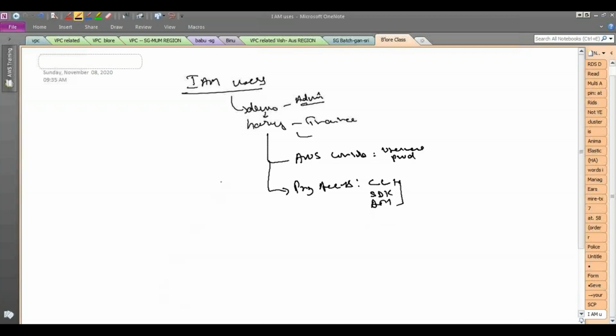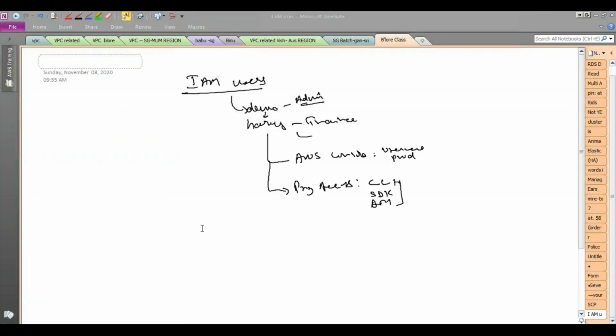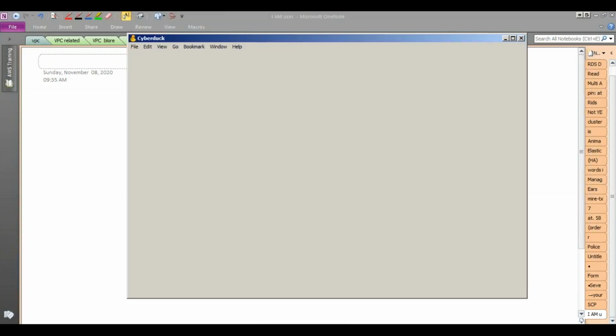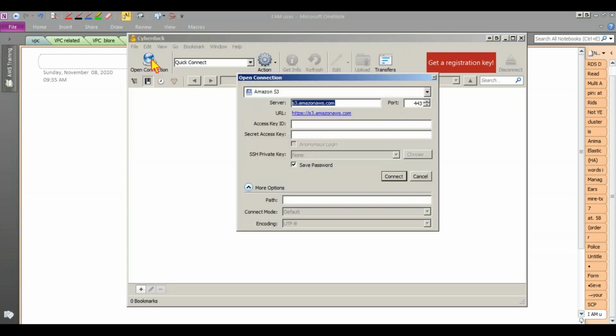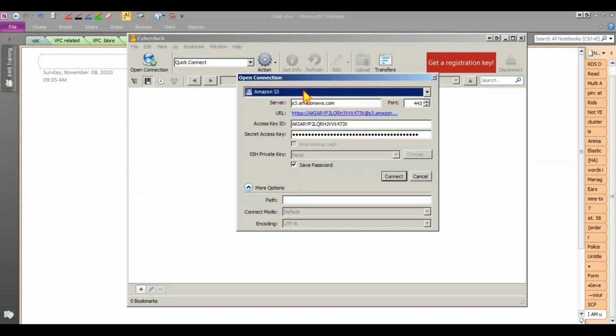So for example, I think I showed you some third-party tool for S3, with which you can access S3. It is a GUI tool, a client, an S3 client. Let me open that. Yeah, here. It is a tool which can connect to S3 and other storage services. Here, if I want to connect to S3, I can't give my username and password. It will not work. It asks for something called the access keys.